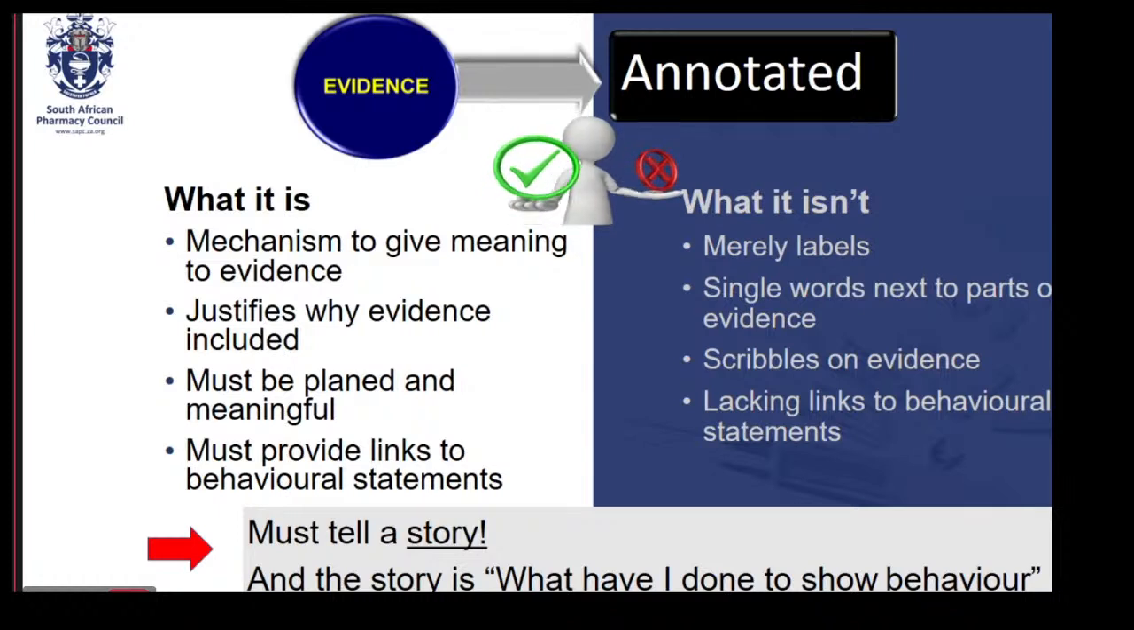It must provide links to the behavioral statement. So it should tell the story of what you have done. It should provide the context to the assessors and the moderators. So an annotation is not a label, it's not a single word, it's not a scribble, and it should link to the behavioral statements. So we use the behaviorals or the annotations to describe or to tell the assessor why